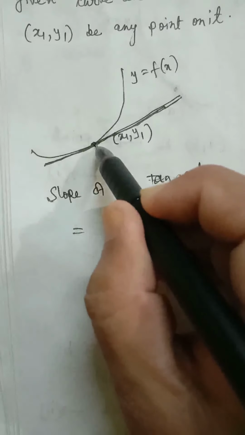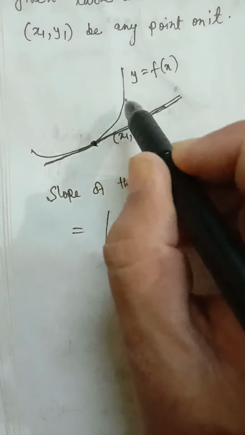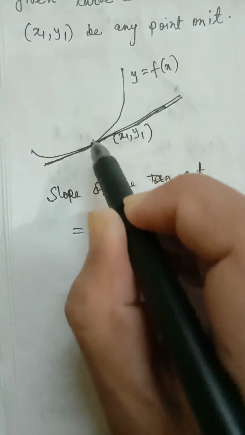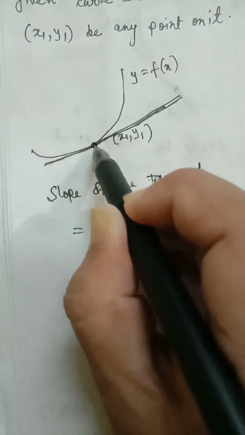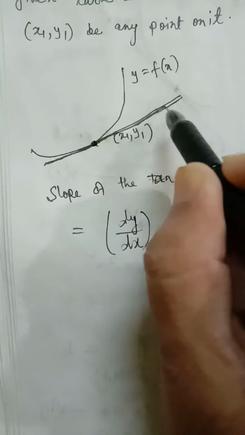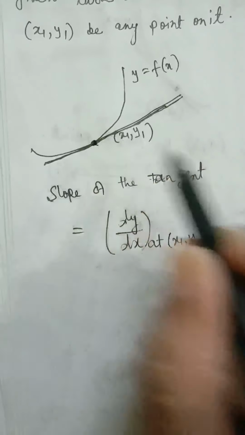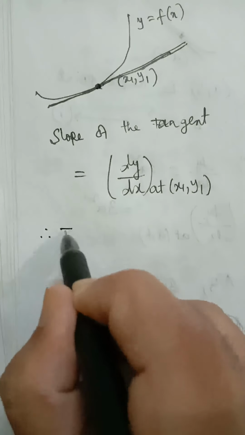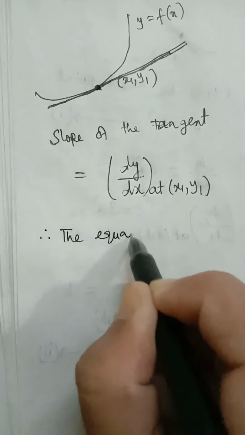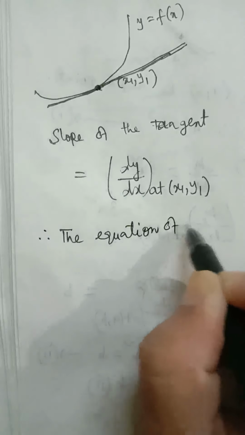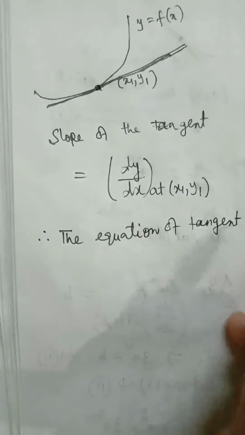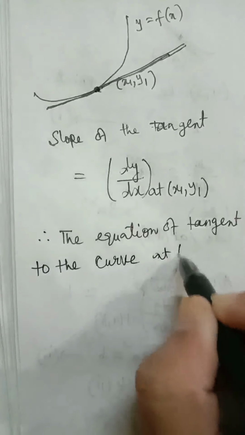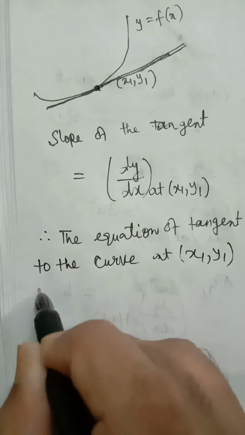Now this point (x1, y1) is a common point to the curve and to the line, the tangent. This point lies on the curve as well as on the line. This is the point of contact of the line and the curve. So clearly this line passes through (x1, y1). Now using the one point formula, therefore the equation of tangent to the curve at (x1, y1) is,